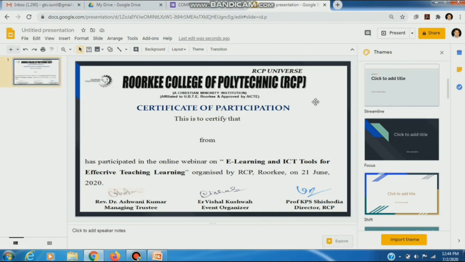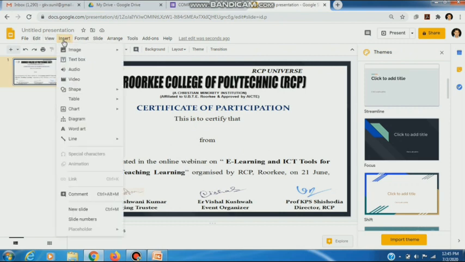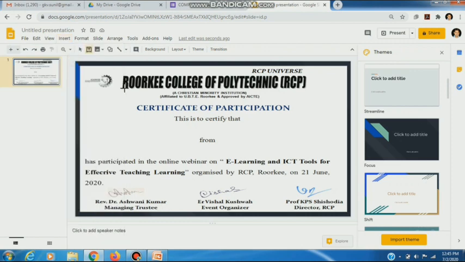This matter will be the same for each and every participant, but the name will be different for all the participants. Now we have to learn how we can add the name here. Suppose this is "to certify that", then the name of the participant will appear here, and the institution name will appear here. For this we have to use a function. We should go to insert and take a text box. We draw it here, put double square brackets and write full name, and close the brackets.